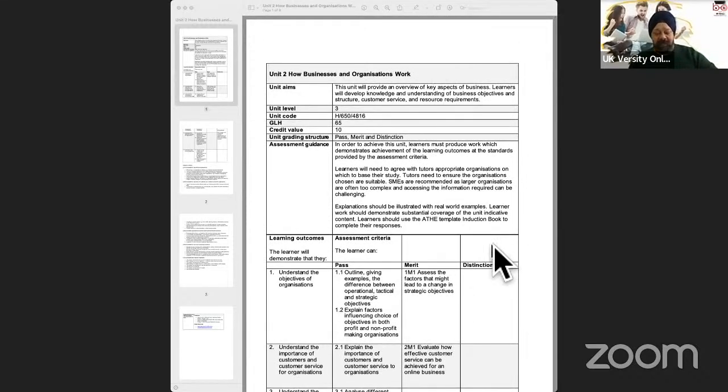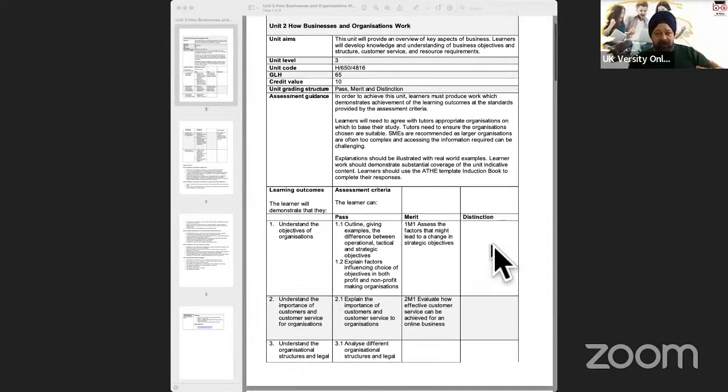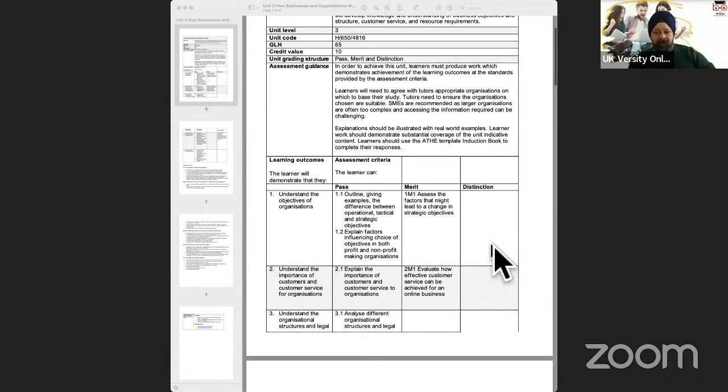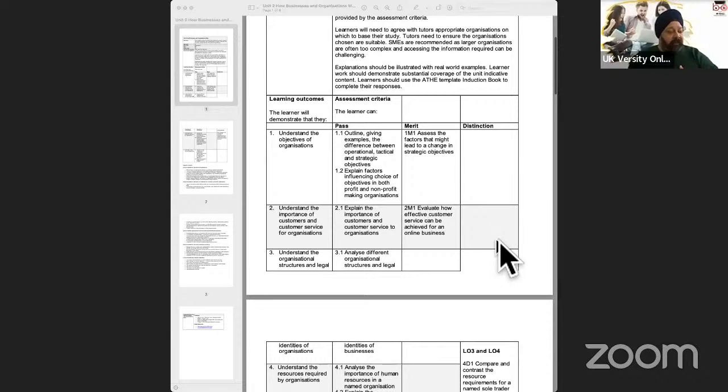There are 4 aspects of it. One is the general business environment. Second is understanding customer service. Third is your legal status and organizational structure. 4th is the HRM part, and the 5th is the accounting part. And towards the end,